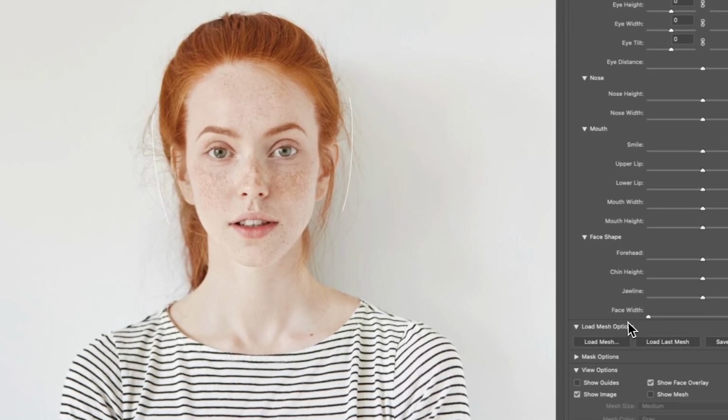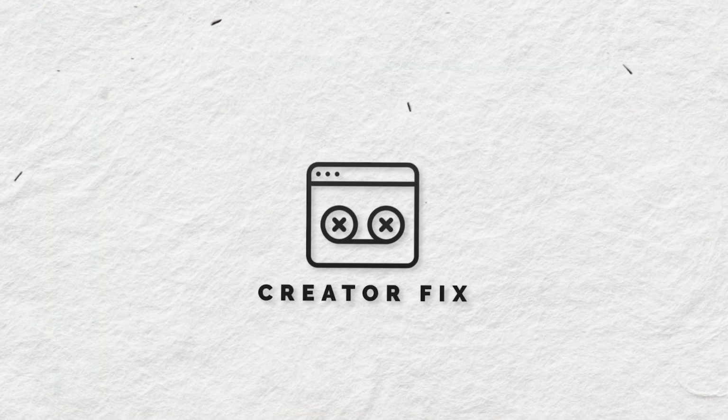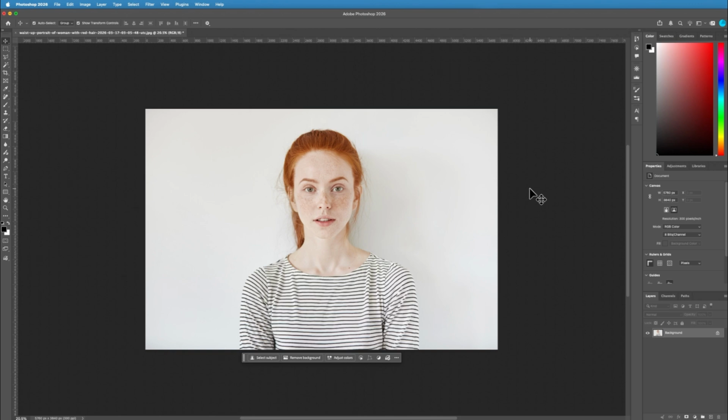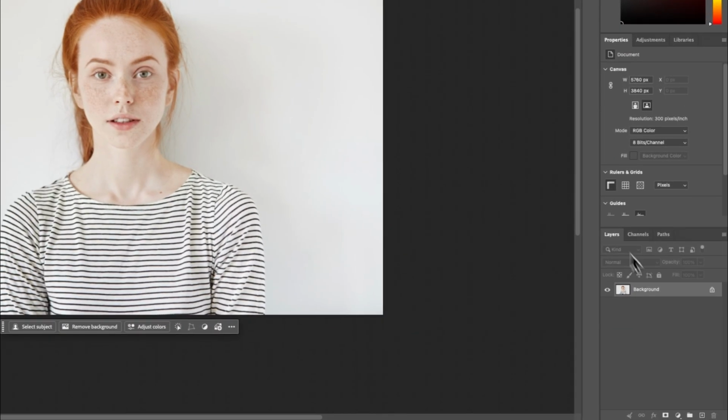How to use Liquify in Photoshop. Let's get into it. Start by importing your image into Photoshop, then come to the Layers panel, click on this